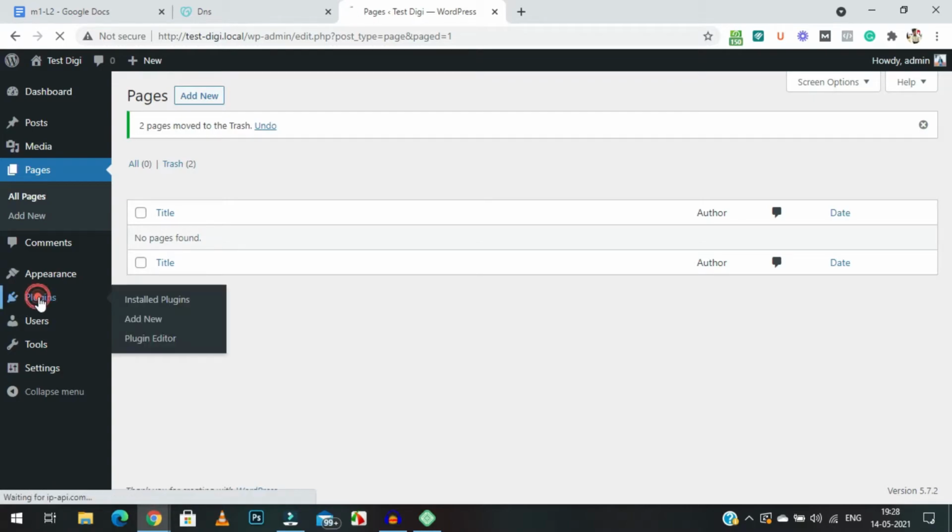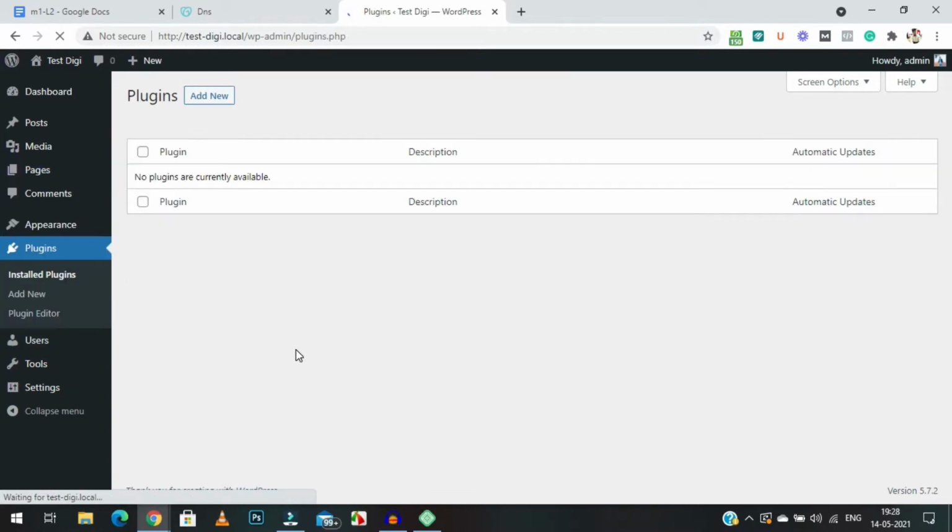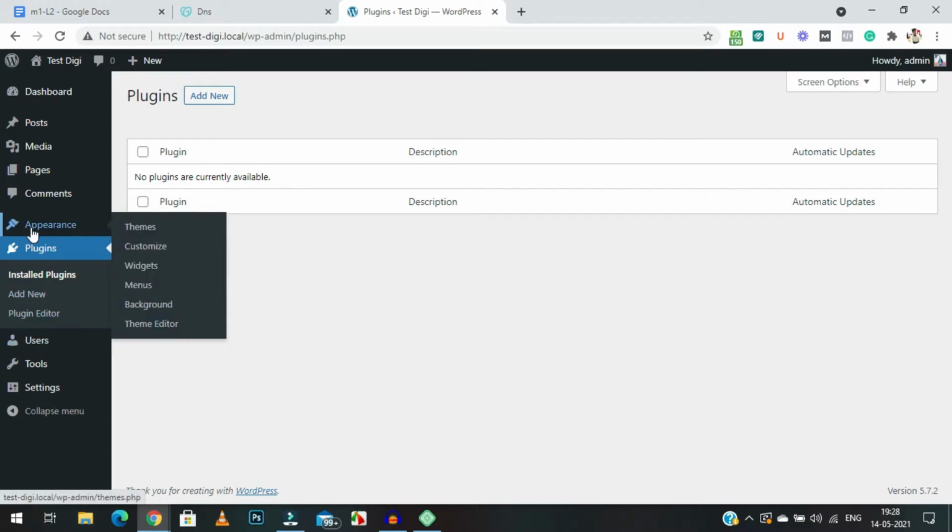Now go to the plugin section, and if you find any plugin, just click on it, right, and move that to trash too. You need to deactivate them first and then click on delete. We don't need any plugins as of now. I will explain which plugins you will need and why you will need them, but for the time being we don't need any. So let's just move on to the appearance section and let's see which themes we have as of now.